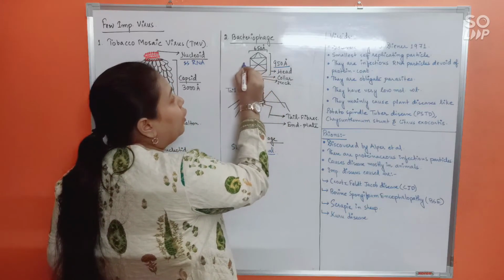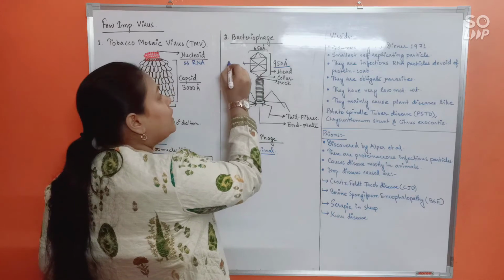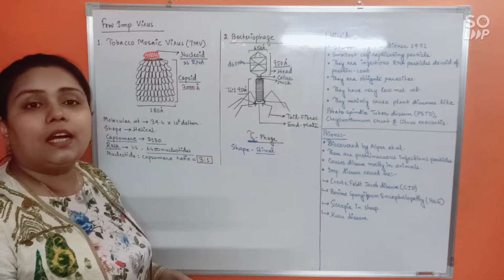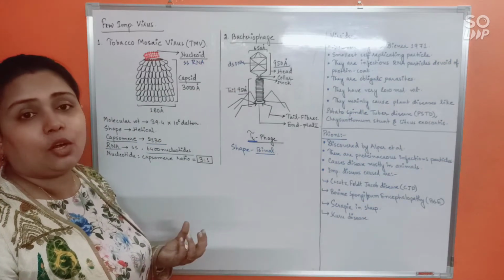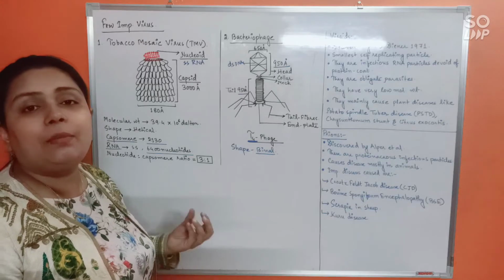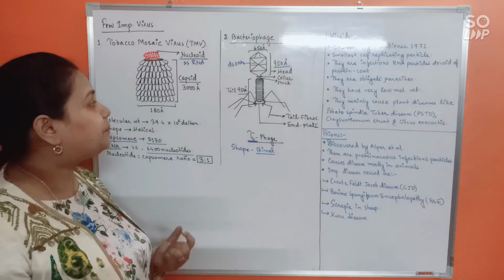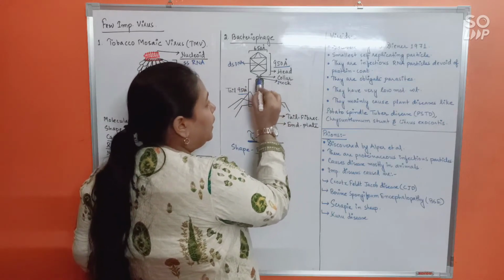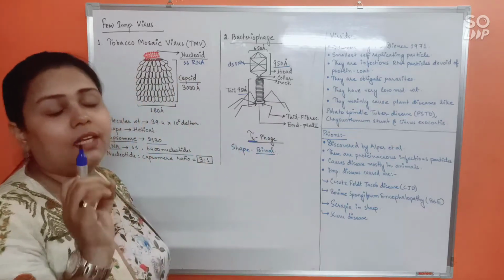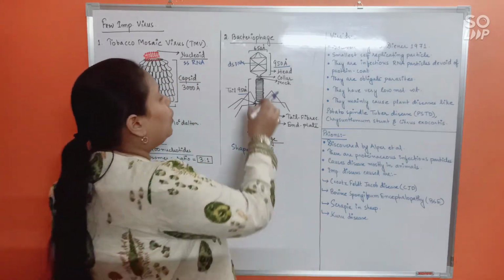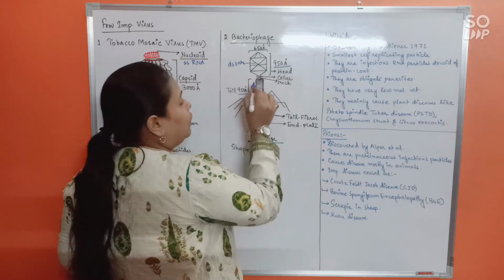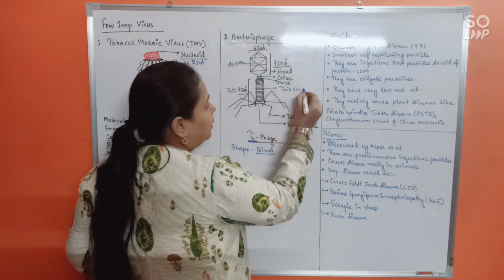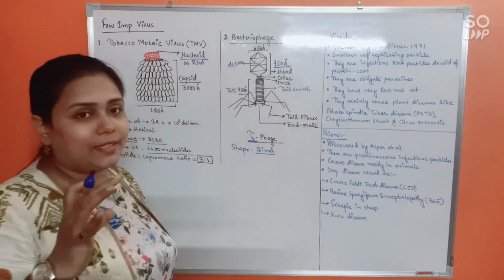Now, as you can see, the head is going to consist of the nucleoid, isn't it? Now, the nucleoid of any kind of bacteriophage will always possess double-stranded DNA. Always in a bacteriophage, the head or the capsid would consist of double-stranded DNA as the infectious particle. Now, the head is going to be followed by a collar, and then further there would be a minute thin neck present. Eventually, what will begin is the tail. Now, the tail will also remain covered by a tail sheath, which can contract and expand.